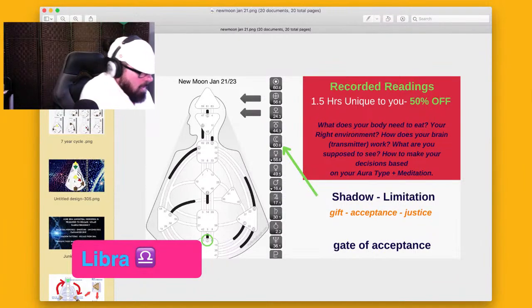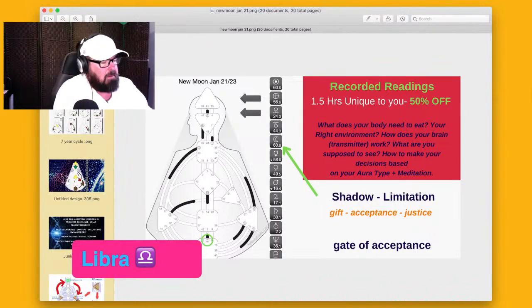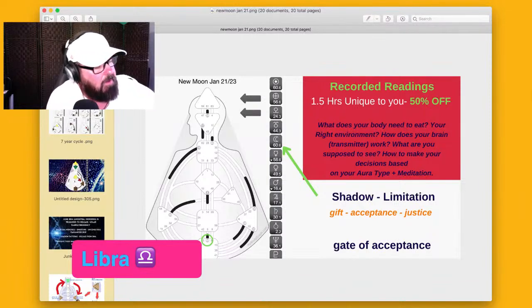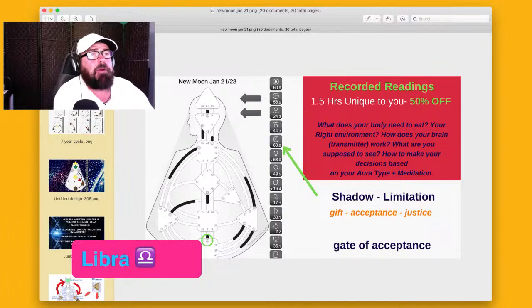Okay, what do we got for Libra? Oh. So with that placement there, with Capricorn there, this would be like I've got to be the Capricorn, which is a male energy. For the women, the men are weak. The men may have been weak in your family, with your mom, it could be a wound that was passed down, Libra. But I have to be the male and the female, right?